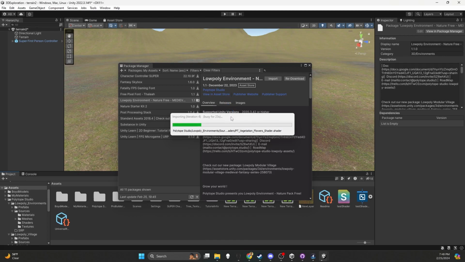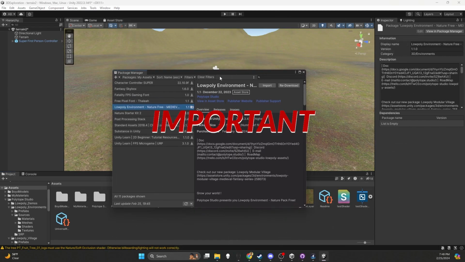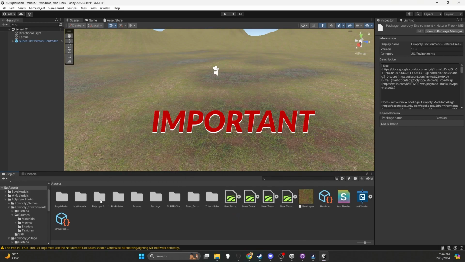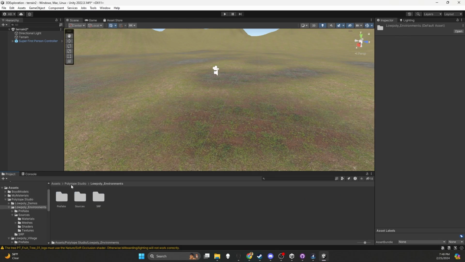So once you add that asset from the Asset Store, it will show up in your assets packages. And you're just going to click download and import. Now the important step that you need to make sure you do here is, once it is installed, it is going to add a Polytope Studios folder to your project. And what you're going to do is open up low poly environments inside that folder and then